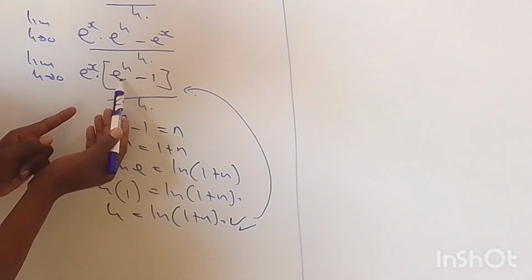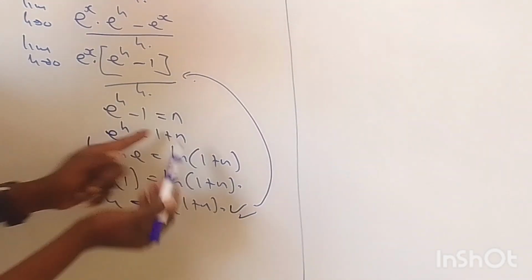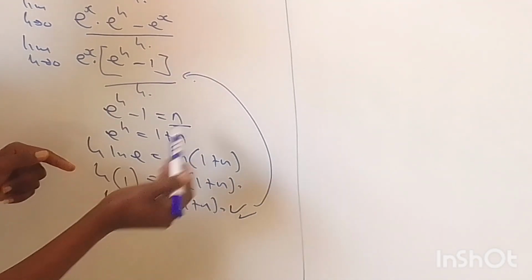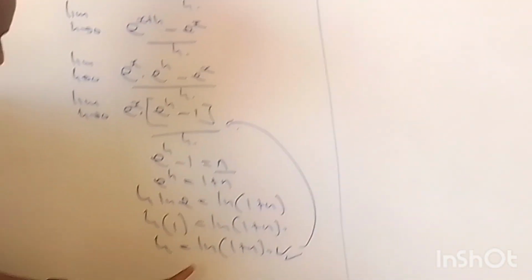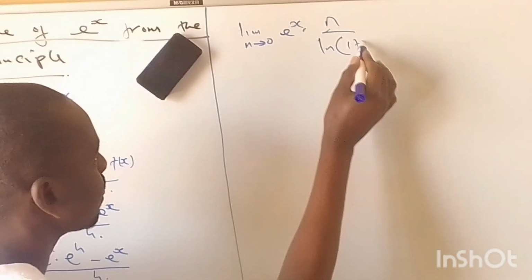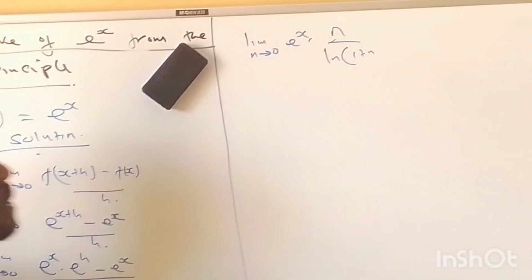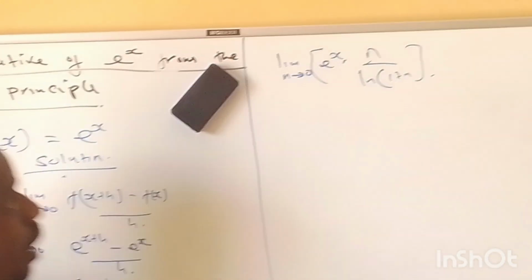We have e raised to h minus 1, which was our n here, as you can see. So that one we have n over h, and our h is natural log of 1 plus n. Remember, the limit is outside